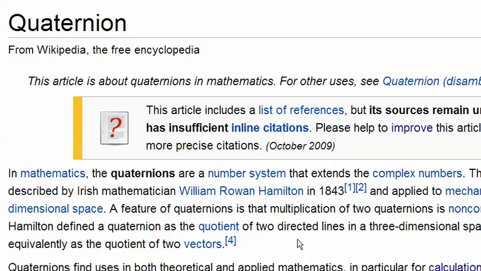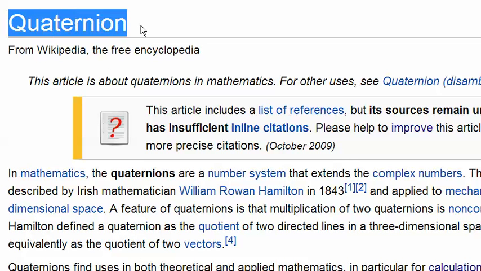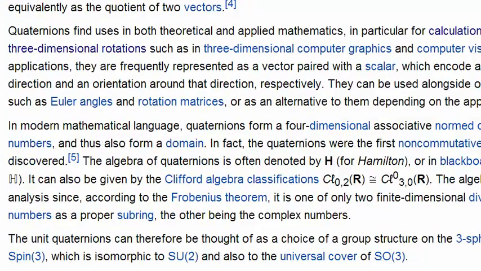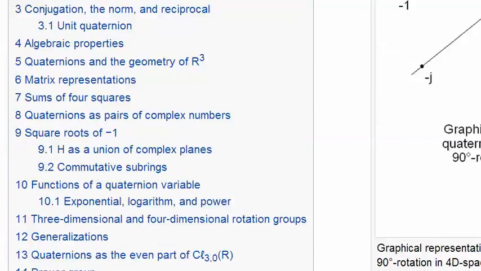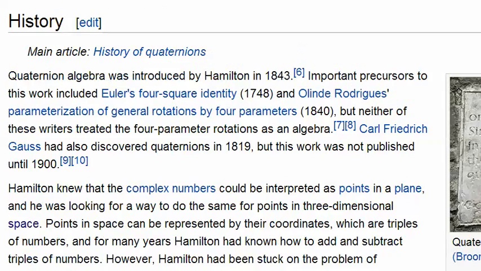I started looking through my Mathematica files, and the next one that caught my eye was one entitled Quaternion.nb. NB stands for notebook file. Anyway, the quaternion is kind of interesting as it pertains to the Lorentz transformation and the other rotation transformation, because it